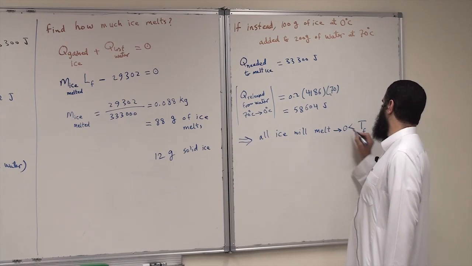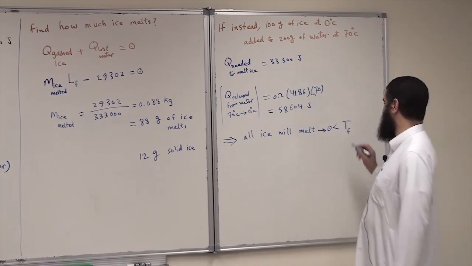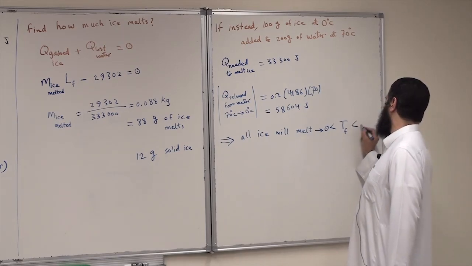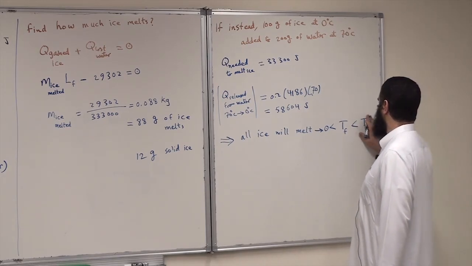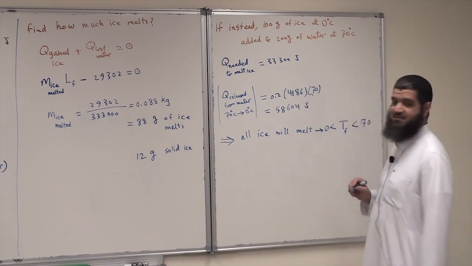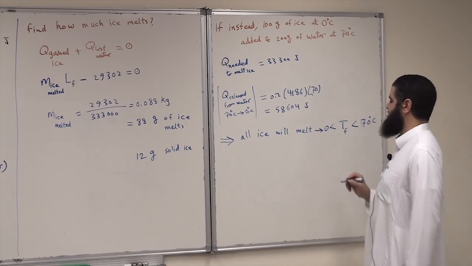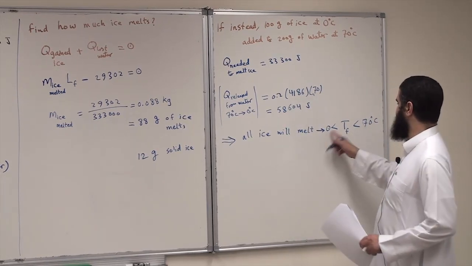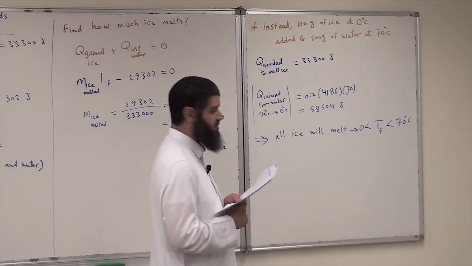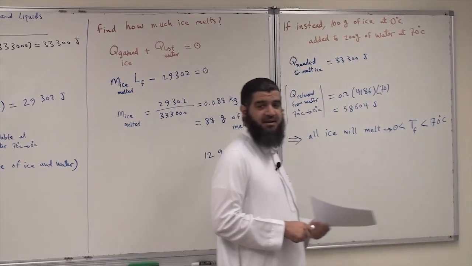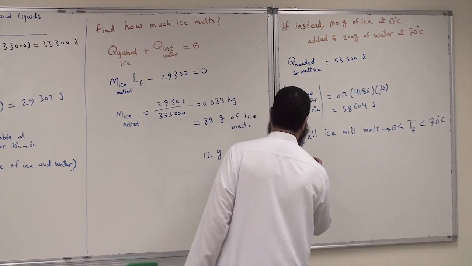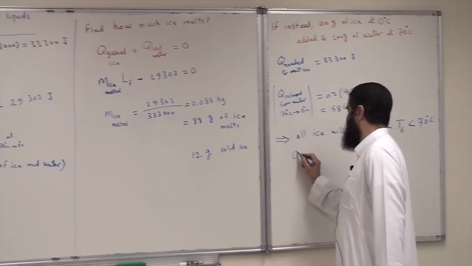So it will be enough to heat the melted ice above 0 degrees C, but of course it will be less than the initial temperature of the water, which was 70. So the final temperature should be somewhere between 0 degrees C and 70 degrees C. To find the final temperature of this composite, we will say that Q gained by ice